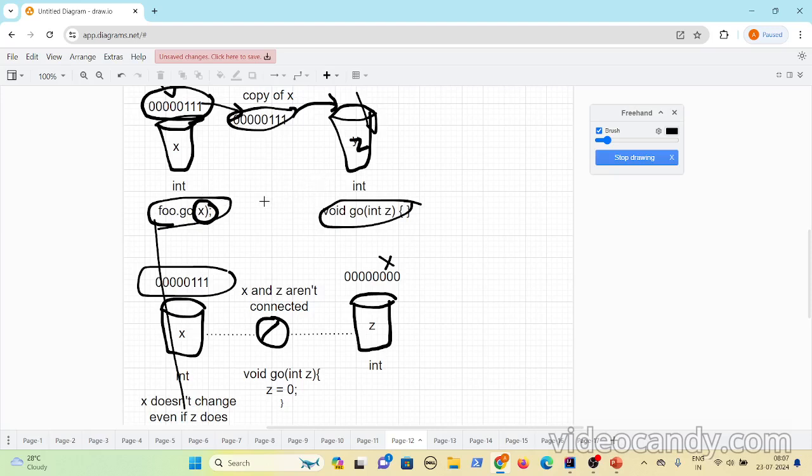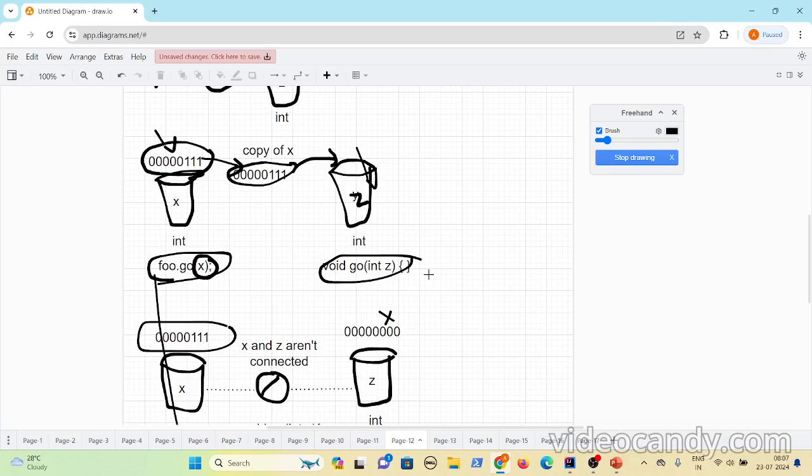When you make changes to this variable, these bits are not impacted because you are making a copy. You are not directly using the x variable inside z. You are just copying the values. That's why Java uses copy when it invokes the method. You can see pass by value.